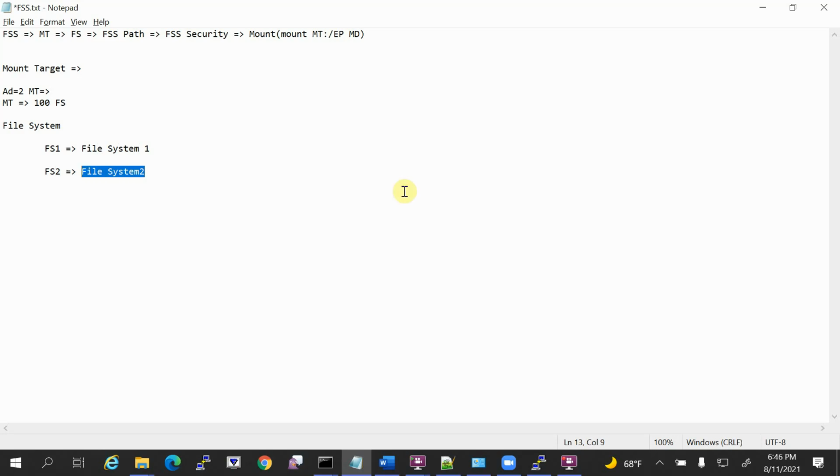I can give my own name, right? So it is nothing but an alias name. You are just referring to this file system using this name. So this name they call as FSS path or export path.